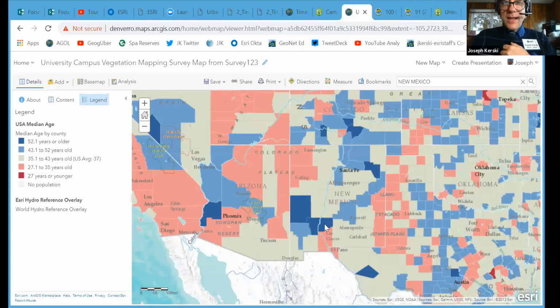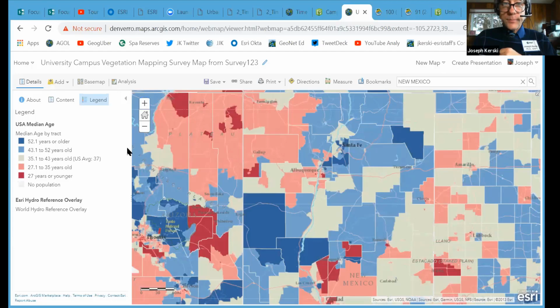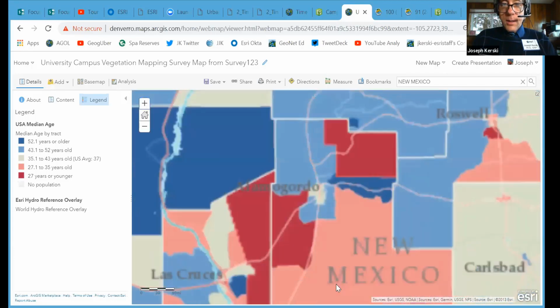But look, just north of Las Cruces, it's a little bit older yet, like around Truth or Consequences, right in there. Look how old it is in there. It's like 50-something is the median age. Are there a lot of retirees over there, maybe? I don't know. Really interesting. As we zoom in a bit, now you're going to start seeing,